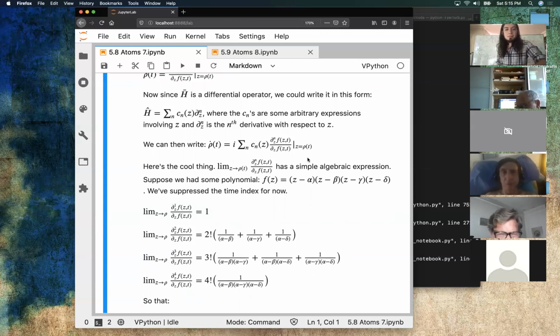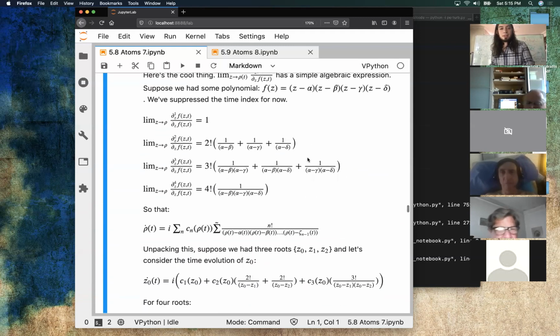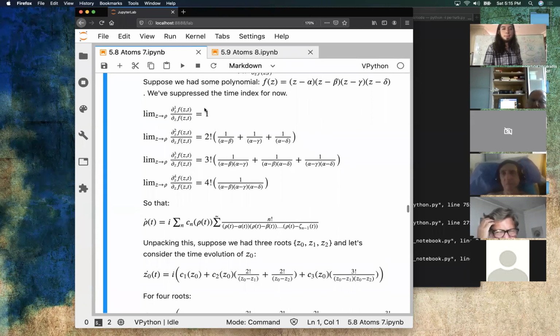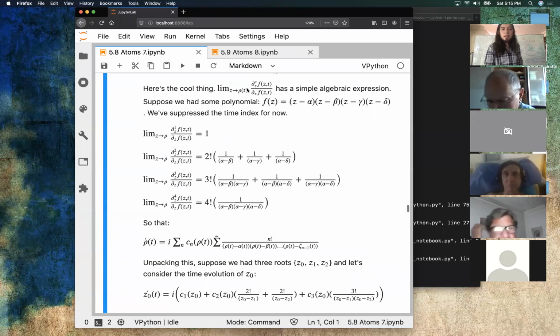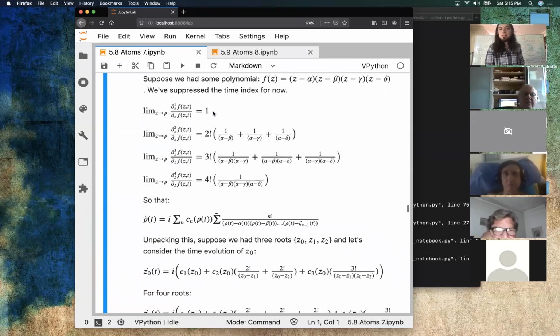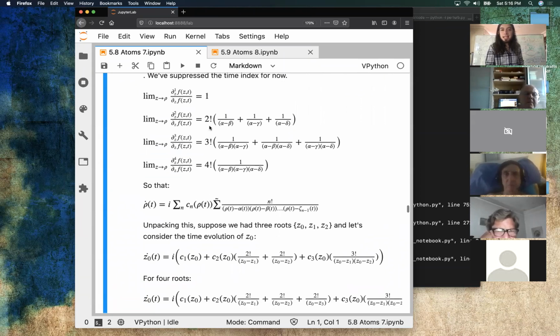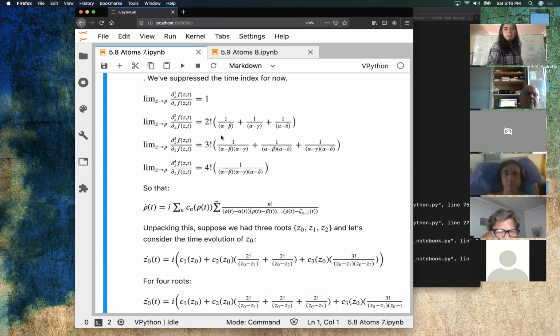And here's the punchline. This is just generally true. If you take the limit as z goes to rho of t of the nth derivative with respect to z over the first derivative with respect to z, that has a very simple algebraic expression. I've worked it out in a couple of simple cases here. Suppose we have this polynomial with 4 roots. Then when n equals 1, this is just 1. When n equals 2, we get this, which is a sum of